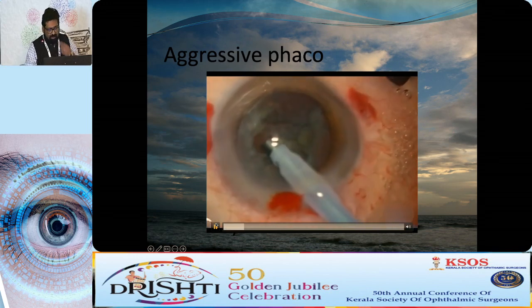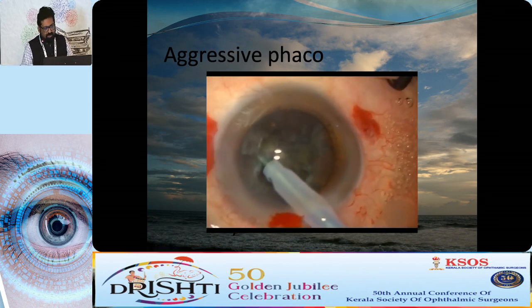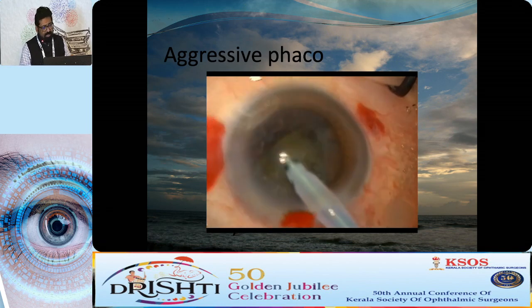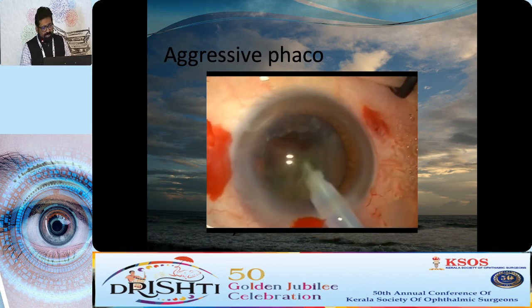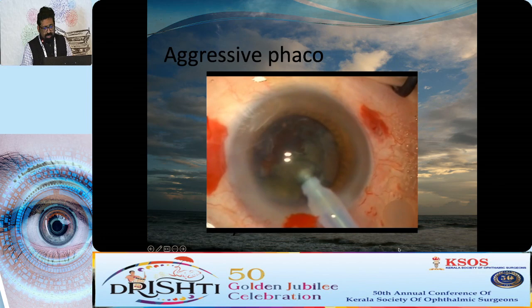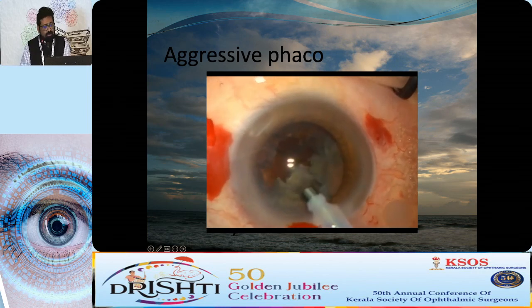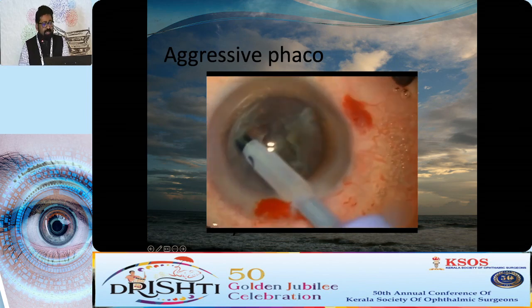And see, the surgeon is going very aggressive. Actually, it's going to the periphery and using a lot of energy. And you can see he ends up with a large posterior capsular tear with a significant amount of nucleus still remaining. The first thing you should